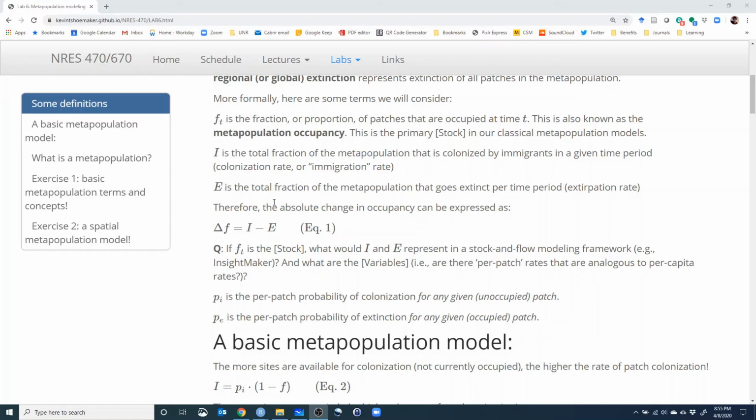And so if you want to compute the total absolute change in occupancy, that can be expressed as delta F is equal to I minus E. And F is the stock, and I and E are the flows. All right, so